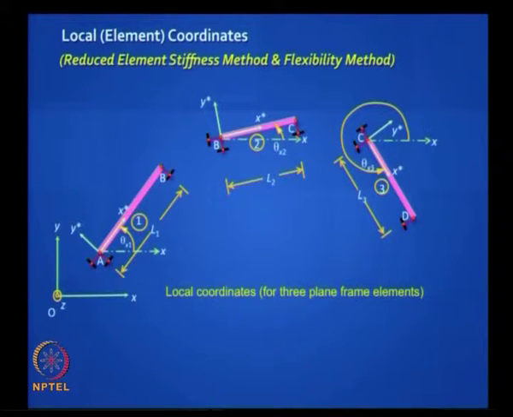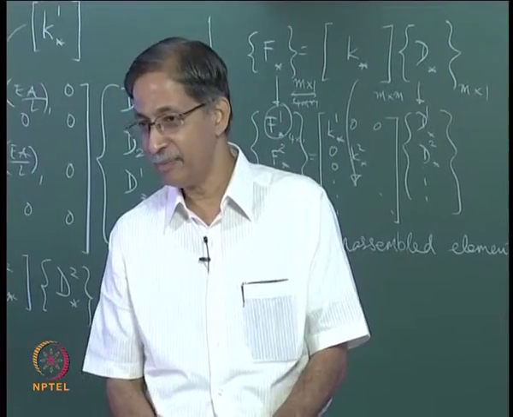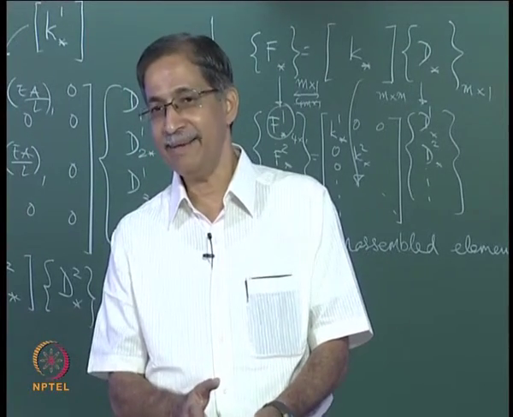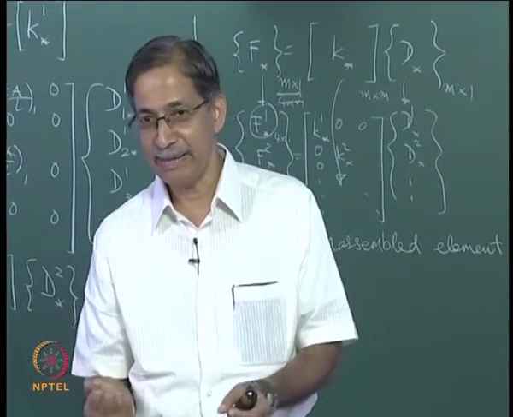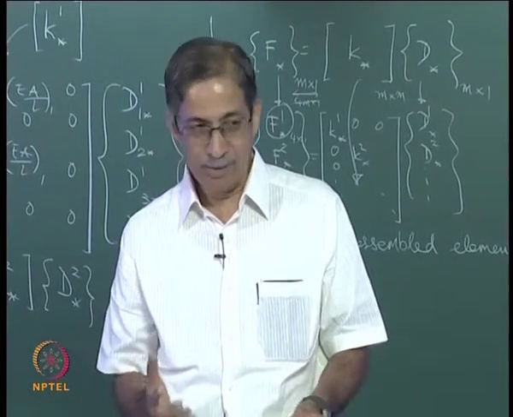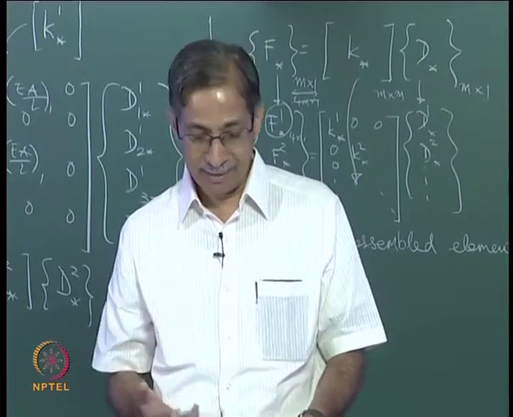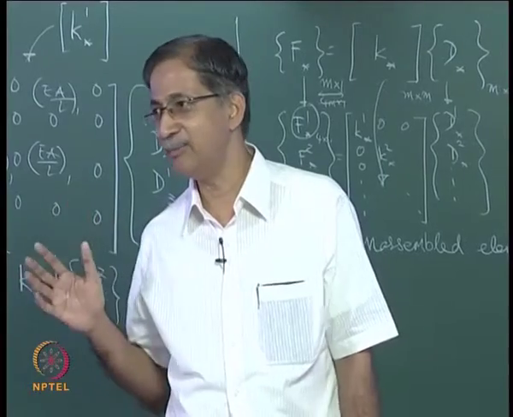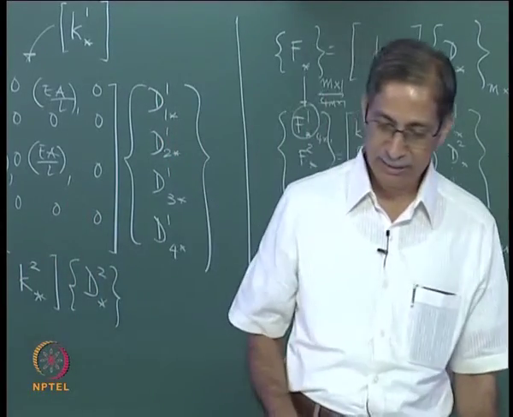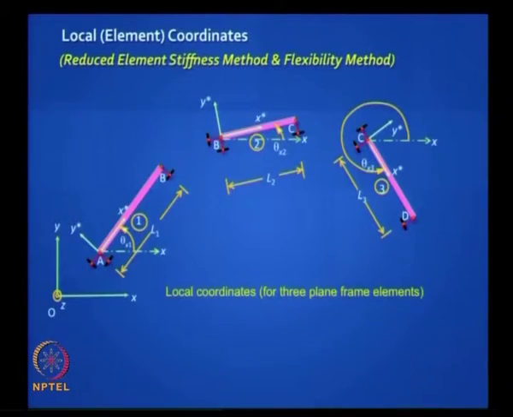That is the kind of element you are going to deal with from now on, and you should be more comfortable with these visually because they are familiar to you. You can't play around with them, they are not mechanisms, they are good solid elements. I have chosen simply supported; you can choose a cantilever also and you will get the same results. Is it clear? Now how do I mark my degrees of freedom? Earlier I did 1, 2, 3, 4, 5, 6 for each. How do I do it now?